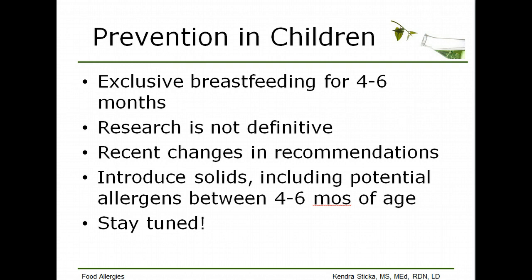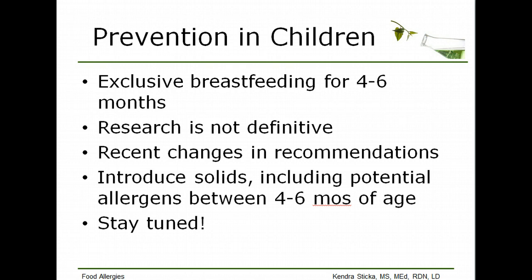It is now felt that those foods can and should be introduced as soon as they're developmentally ready for those foods. So that's the current thought. And the idea being that the immune system at a young age is stimulated to recognize those foods as normal, as foreign but friendly, and not elicit an immune response. Again, this research has really gone back and forth in recent years, so I would say stay tuned